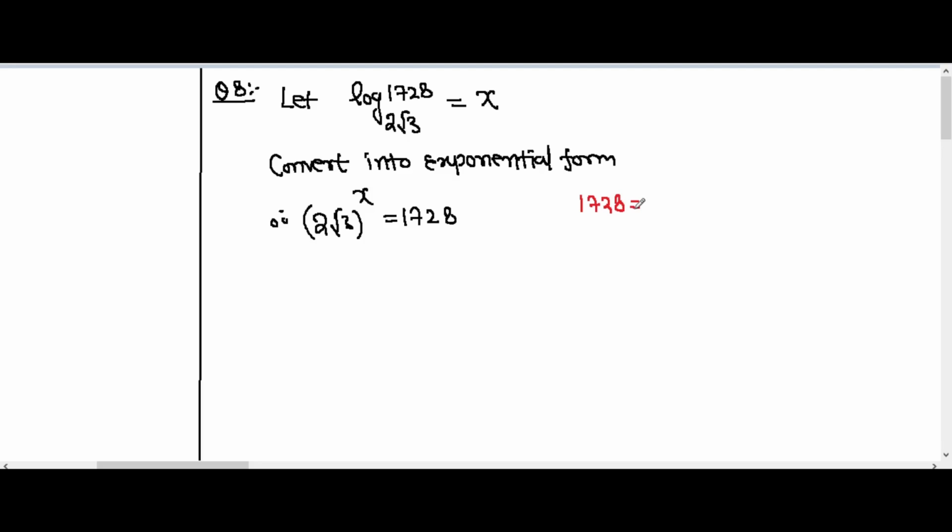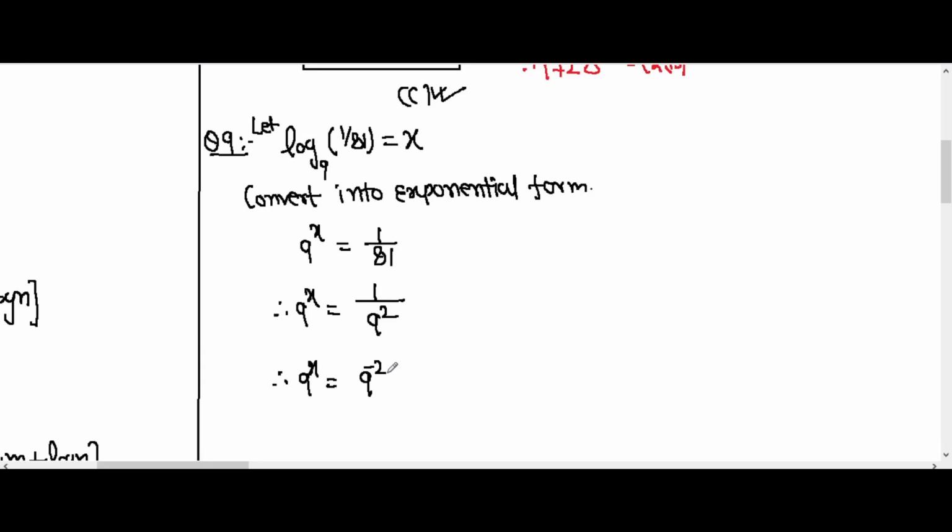तो ये आ गया हमारे पास यहाँ पर। अब अगर हम next यहाँ पर लिखें तो 81 is written as 9 square, but 9 raised to x is equal to 9 raised to -2. आपको मालूम है if we have 1/a raised to m then it is written as a raised to -m। तो ये हमने note किया। Again we have bases are equal then powers must be equal, so that means log of 1/81 at the base of 9 is equal to -2। तो ये इस तरह से हमारे पास complete हो जाएगा। तो ये रहा हमारे पास next problem। तो question number हमने लिया था 9। Now we have question number 10.